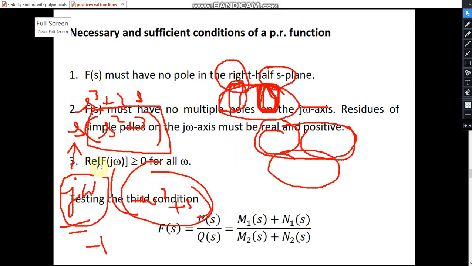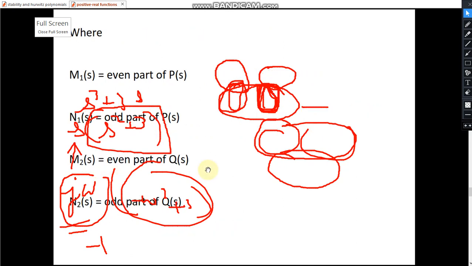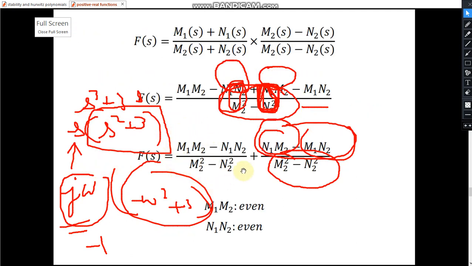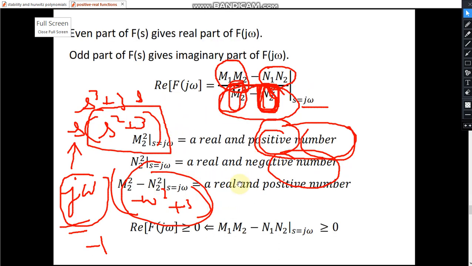We have to test the real part of F(j omega). So the real part will appear from here. This is the imaginary part. The odd part will result in the imaginary part. If in this odd part s is replaced by j omega, it will result in a pure imaginary part. In this even part, if we replace s by j omega, this will result in a pure real part. And this real part must be greater than or equal to 0. And this is always greater than or equal to 0, real and positive. So we have to test only for this part. So m1, m2. So what is the condition? So in order to